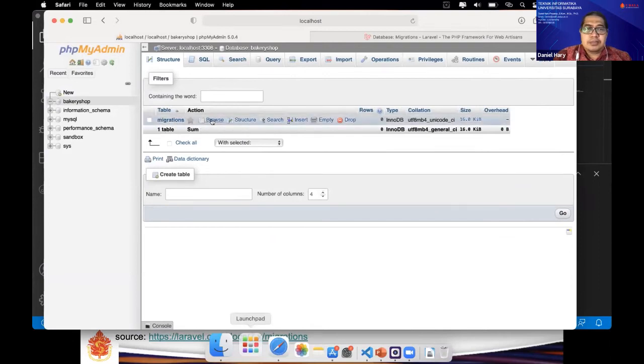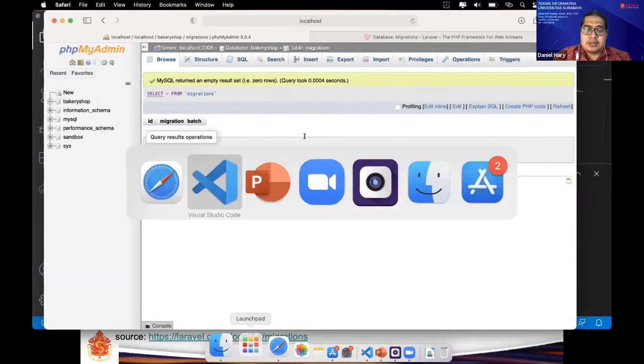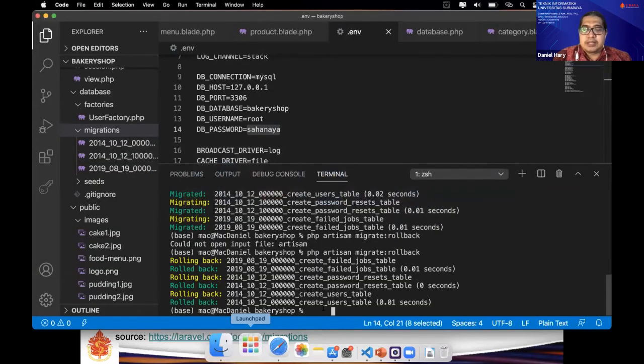The migrations table is like a logbook. If there is a migration process, there is some log, with the revision, migration number, and maybe we migrate it again.